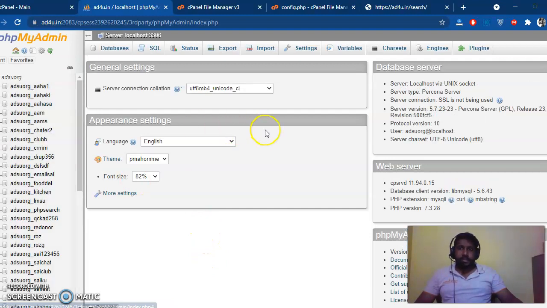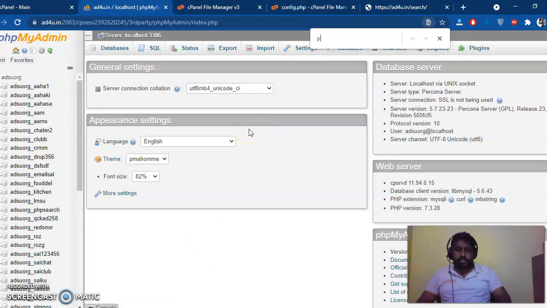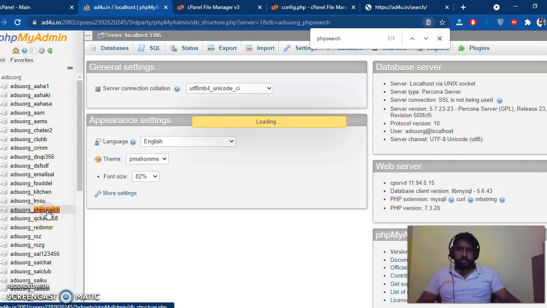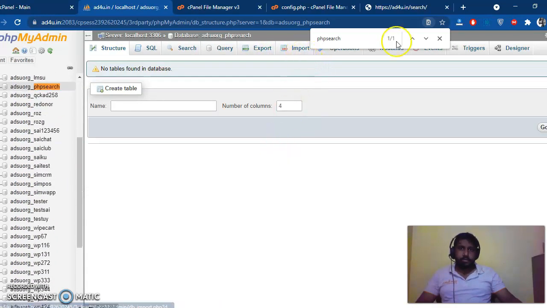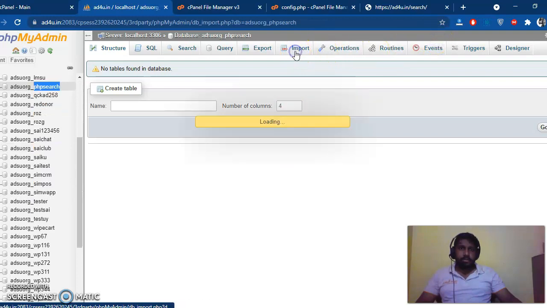After entering phpMyAdmin, search for your database name. Okay, you got the database name here. Just click on import. On the right side, click on import.